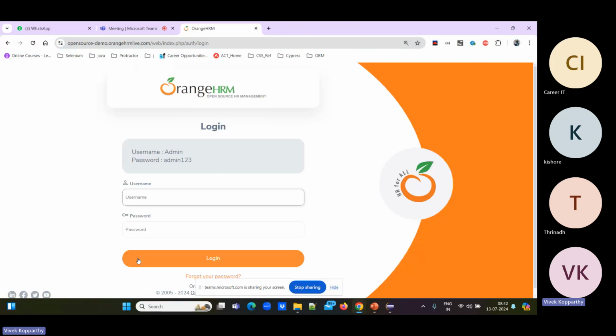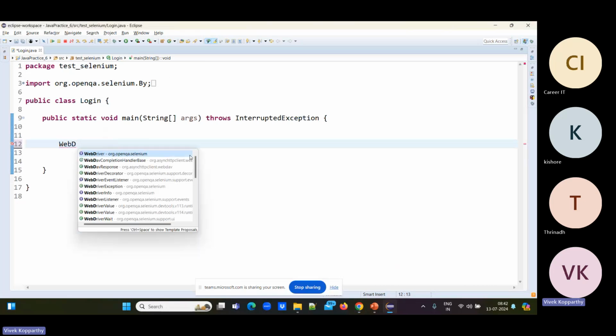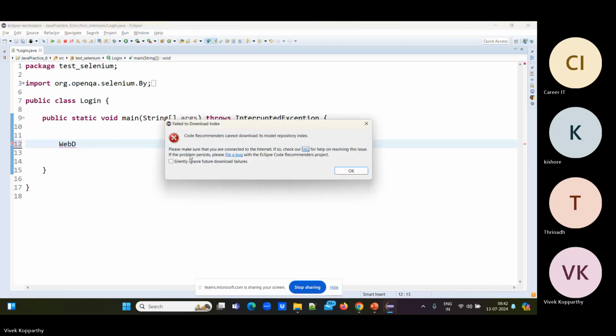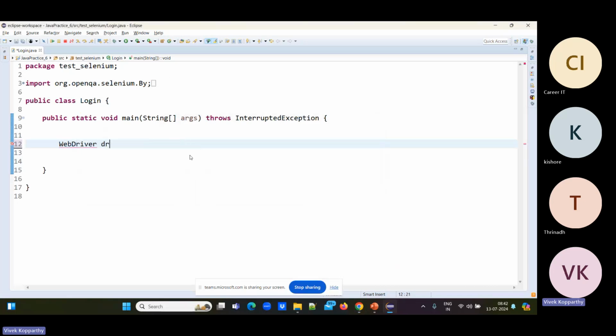Yes. If you are doing this manually, the first thing you are supposed to do is open the browser, right? WebDriver driver. Here, we are calling the Selenium WebDriver, then giving an alias name for it.